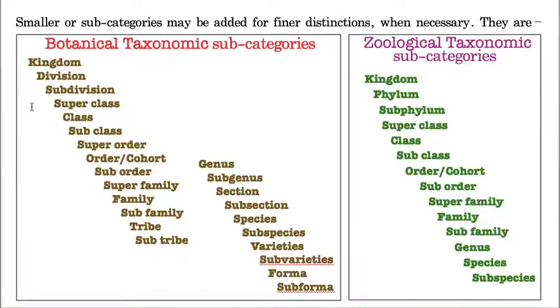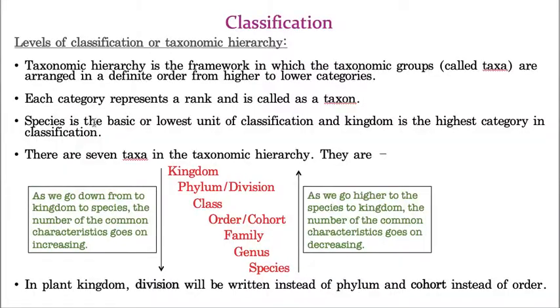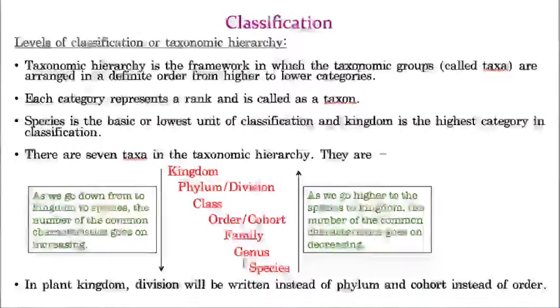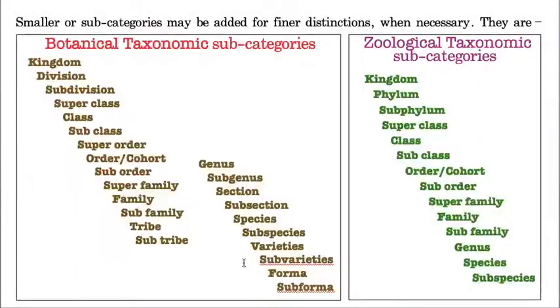Till now we have taken 7 taxonomic categories, but now we are taking kingdom, division, subdivision. See, division is again divided, and then superclass, class, and subclass. Class is divided into the upper one, superclass, and the lower one, subclass. What I want to tell you is that every single point of an organism comes by taking this finest level of classification, whereas the earlier one is normal information. But if you want complete details, then you have to follow this system of classification.